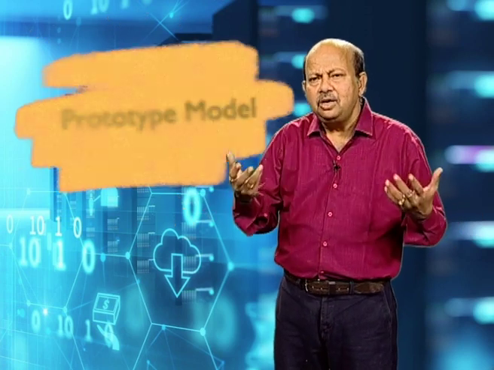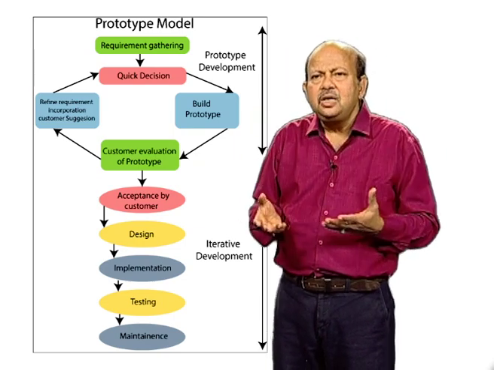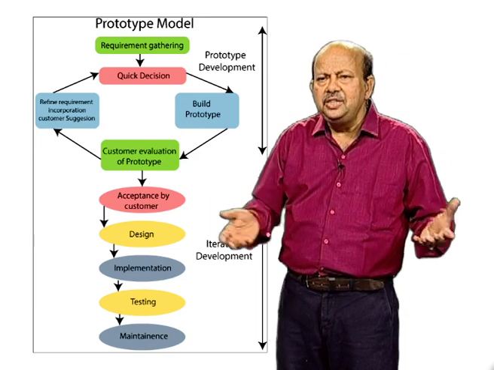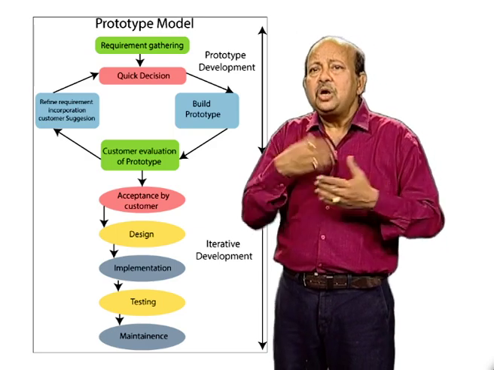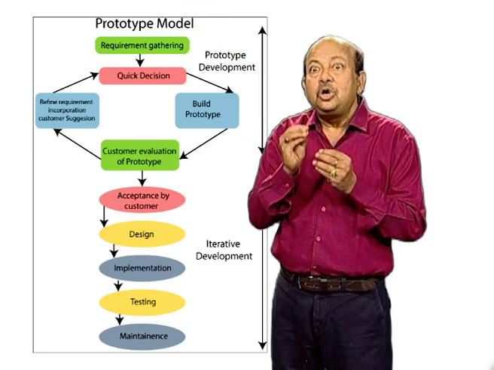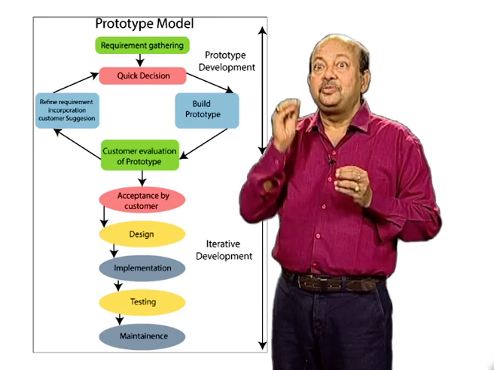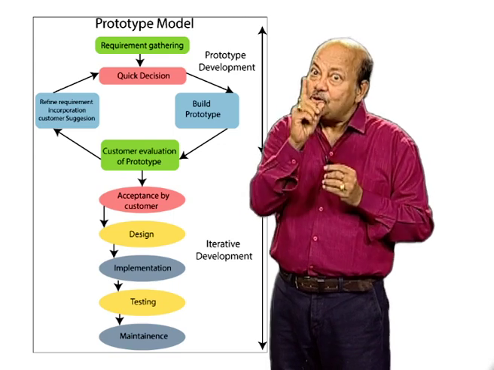Prototyping is another type of model where information requirements are not known. I do not know what I want today, I have some simple but complex problems, but I do not know what to do, what my requirement is. In this case, we use the prototyping model. In the prototyping model, what happens? What is a prototype? It is a scaled down version of a big project. If you want to add some new features to an information system, or develop a small application where requirements are not known or not clear, or people are not able to explain them to the system designer, then you should go for this type of prototyping.